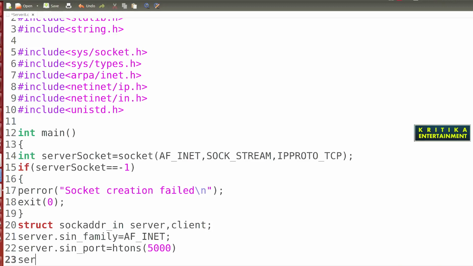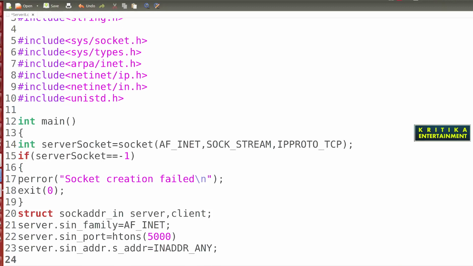Then next is server.sin_addr.s_addr is equal to INADDR_ANY.